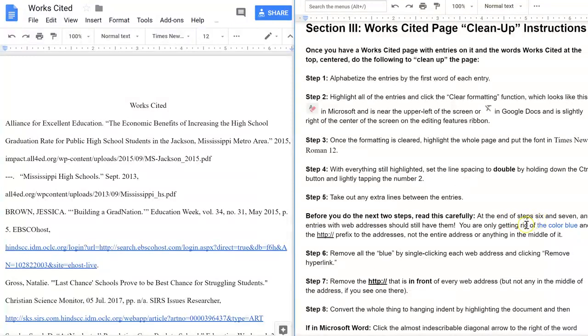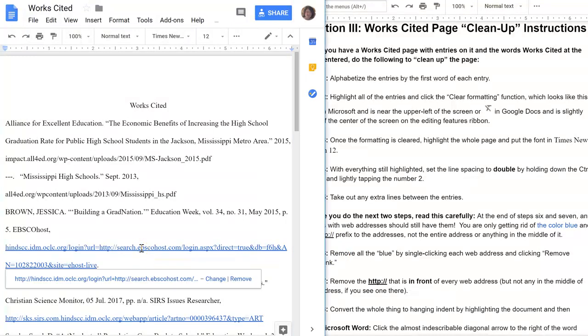At the end of steps 6 and 7, any entries with web addresses should still have them. You are only getting rid of the color blue, so you got some blue on the screen, and the http:// prefix to the addresses, not the entire address or anything in the middle of the address. So we're going to remove all the blue by single-clicking each web address,